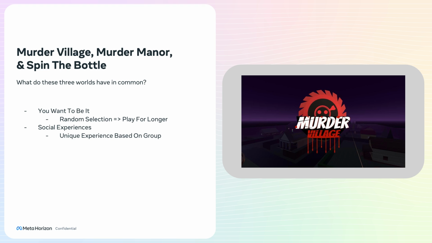You can also use this in the latest world I built with Ash XO. We have random cars being generated, and people determine the cars by buying them. And so if you buy a brand new vehicle and you want to see that vehicle, you're going to stay for longer until that vehicle appears. So using this sort of random selection to get people to hang out longer and wait to see the thing that they want. And if that thing is really satisfying, like getting to be it, or getting that vehicle that maybe gives you an extra boost of money, that then keeps them there for a little bit longer because they're like, oh, that was amazing, I want to feel that again.